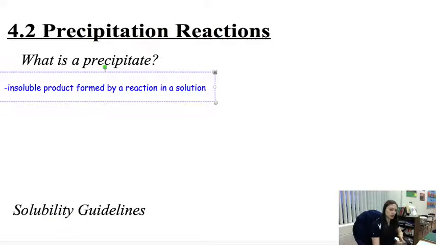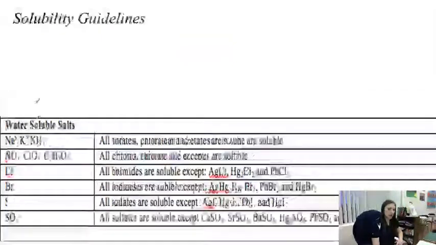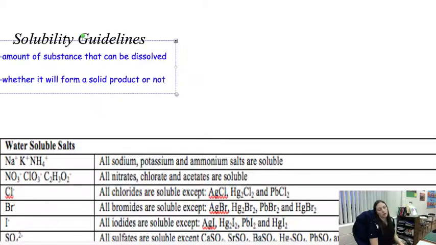Insoluble again meaning solid, or it's not going to be able to dissolve. So we have some solubility guidelines, and these will tell us how much of a substance is going to dissolve in a solution or in water to make a solution, and whether or not we're going to form a solid product when I mix two solutions. So if you flip your notes over to the top of the next page, you'll see a